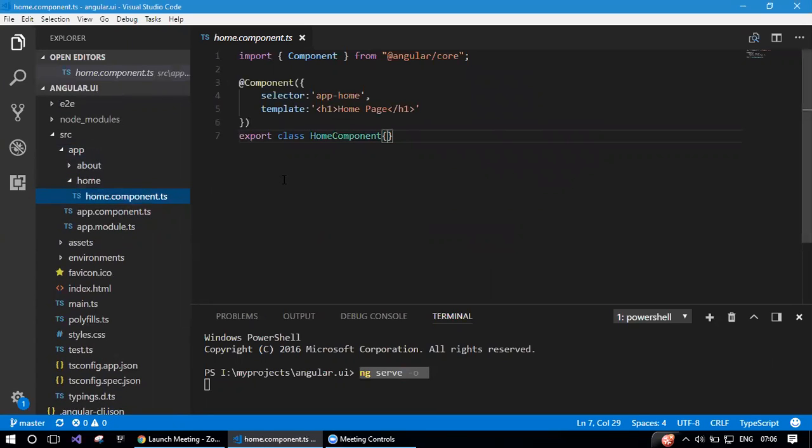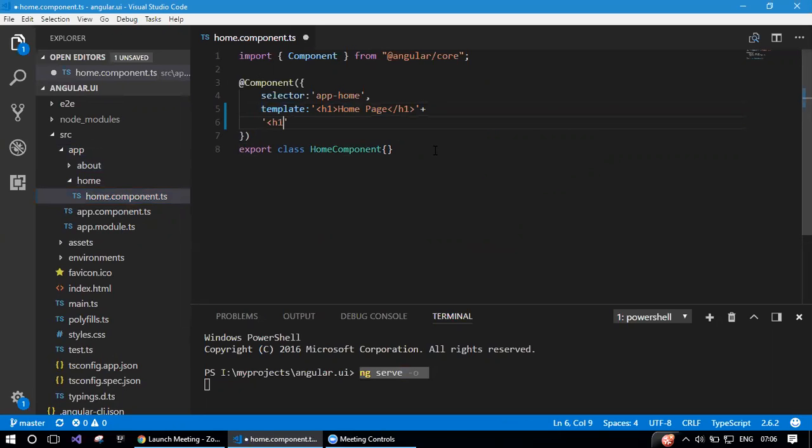So these components can be nested. You can write one component inside another component. You can consume pretty much. So here the template is a single line template. If I want to add another line, I need to concatenate it, using something like this. Say second heading. And if I want to add another line, I need to do the same thing